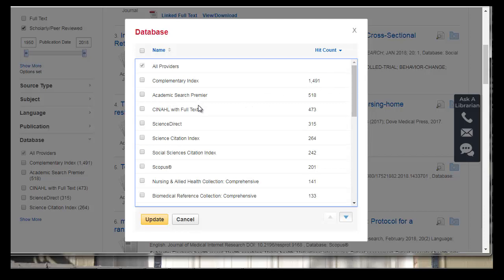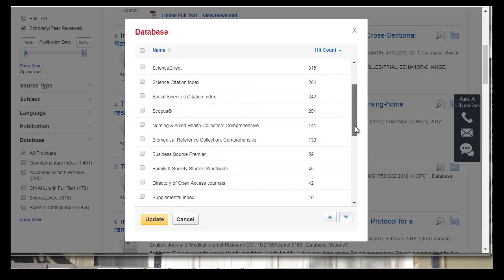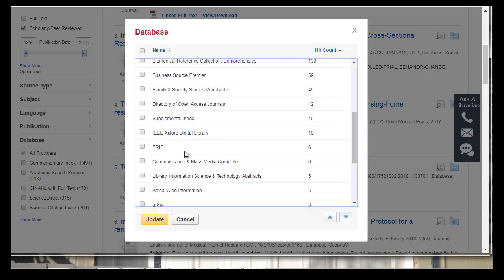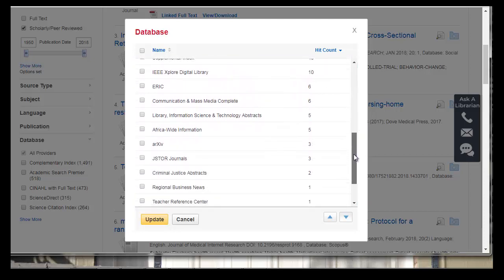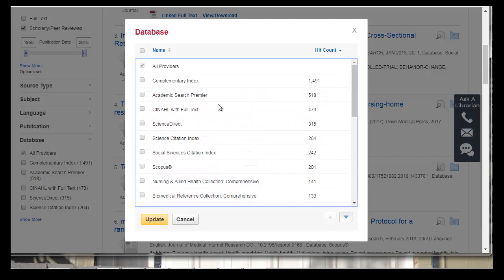Academic Search Premier, it's one of my wild cards, one of my favorites. Science Direct, that's all the Elsevier journals. CINAHL, Science Citation Index, Social Science Citation Index. So that's interesting. That didn't show up under hypertension. Nursing and Allied Health, Biomedical Reference Collection Comprehensive. So in looking at this and making some choices, again, I can scroll down and see that Education Research Database has some resources that are useful, but I can make a more educated guess about where I'm going to find